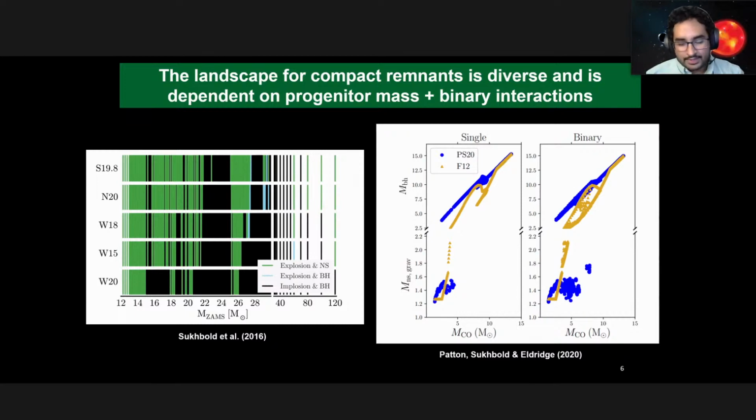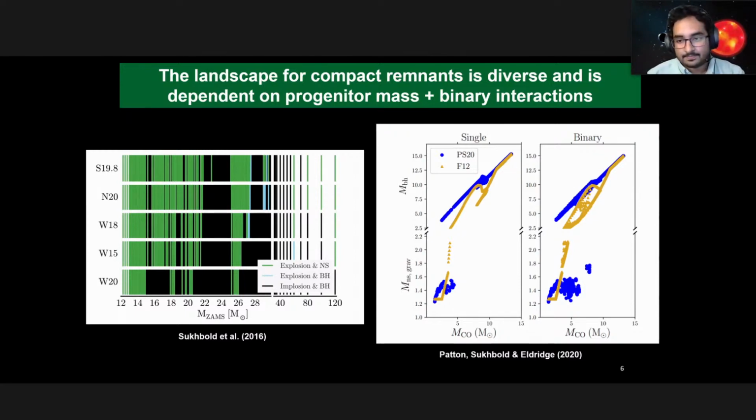In a lot of cases, exploding massive stars leave behind neutron stars, in green. In some cases, these explosions also create black holes through something called fallback, shown in blue. When the massive stars implode, they create black holes, shown in black. So we see that the final fates are very complicated and they don't follow a simple relationship with the pre-supernova